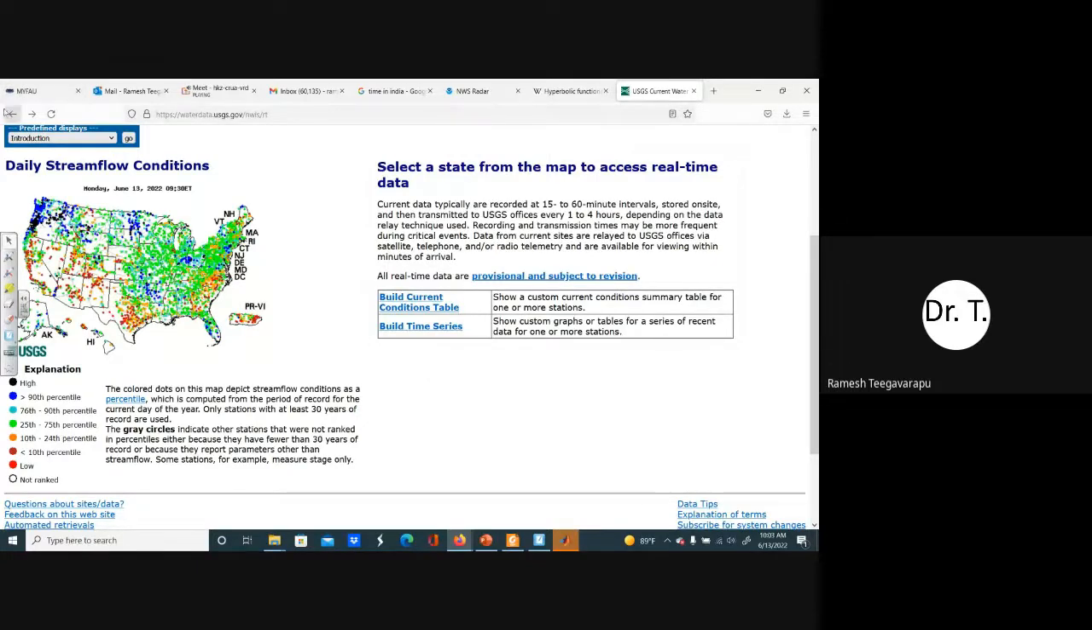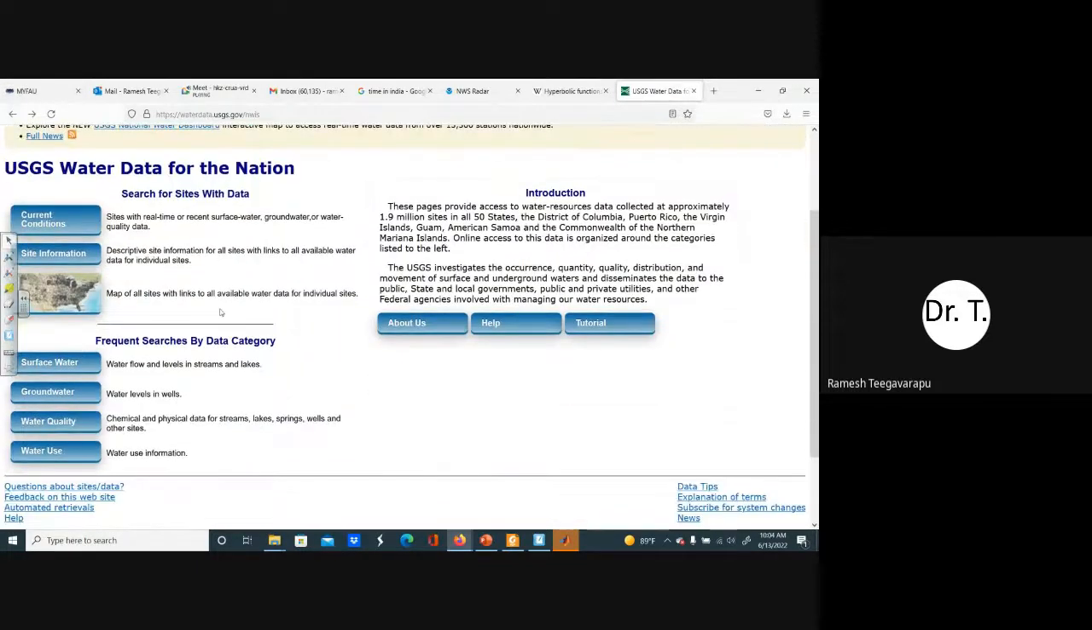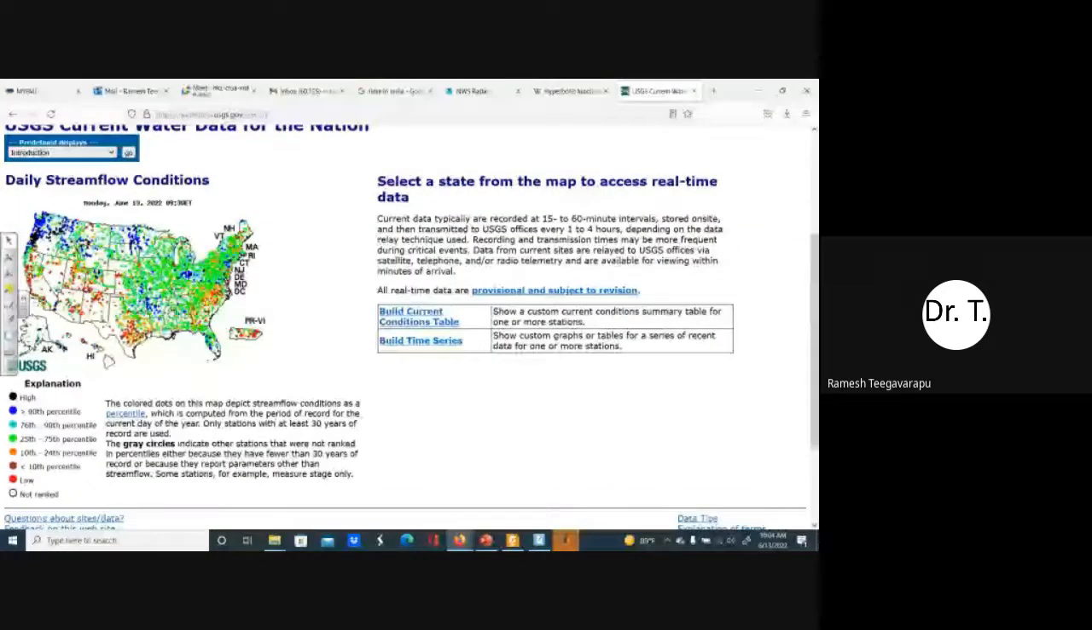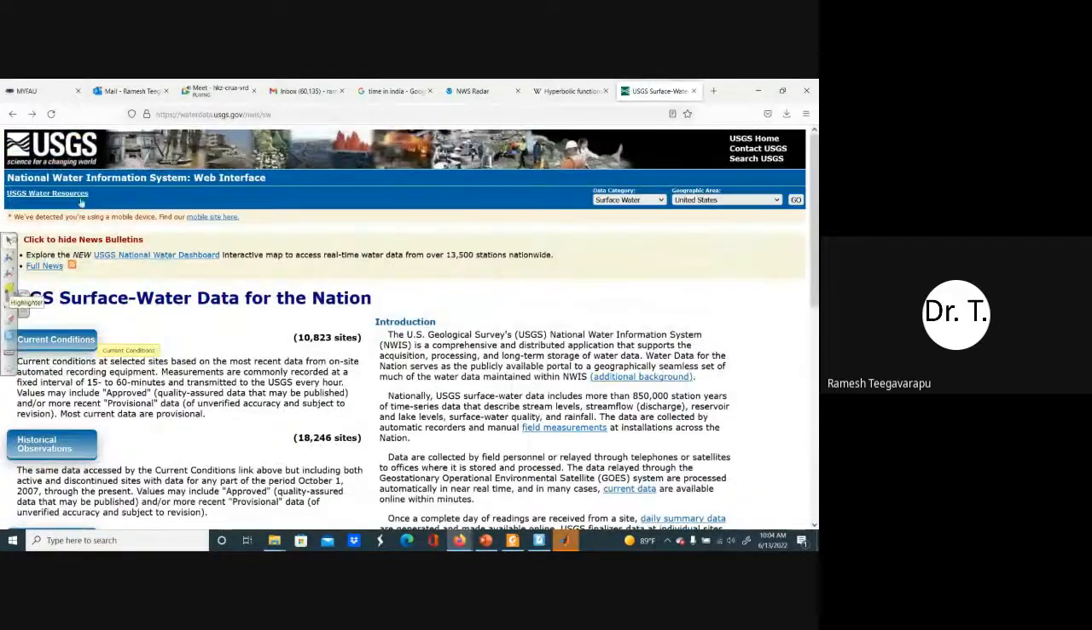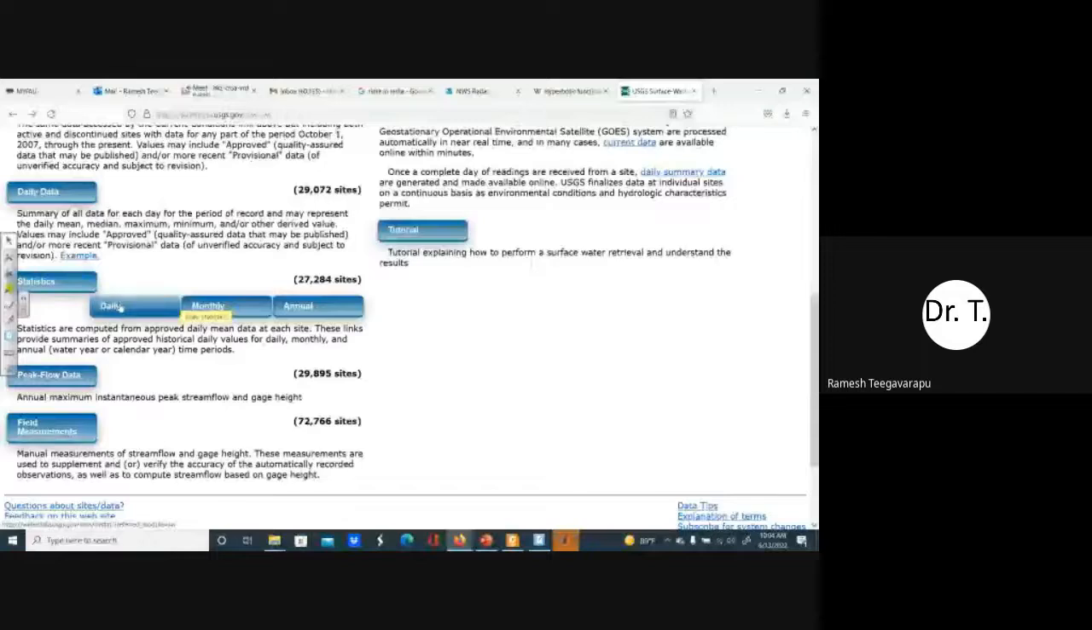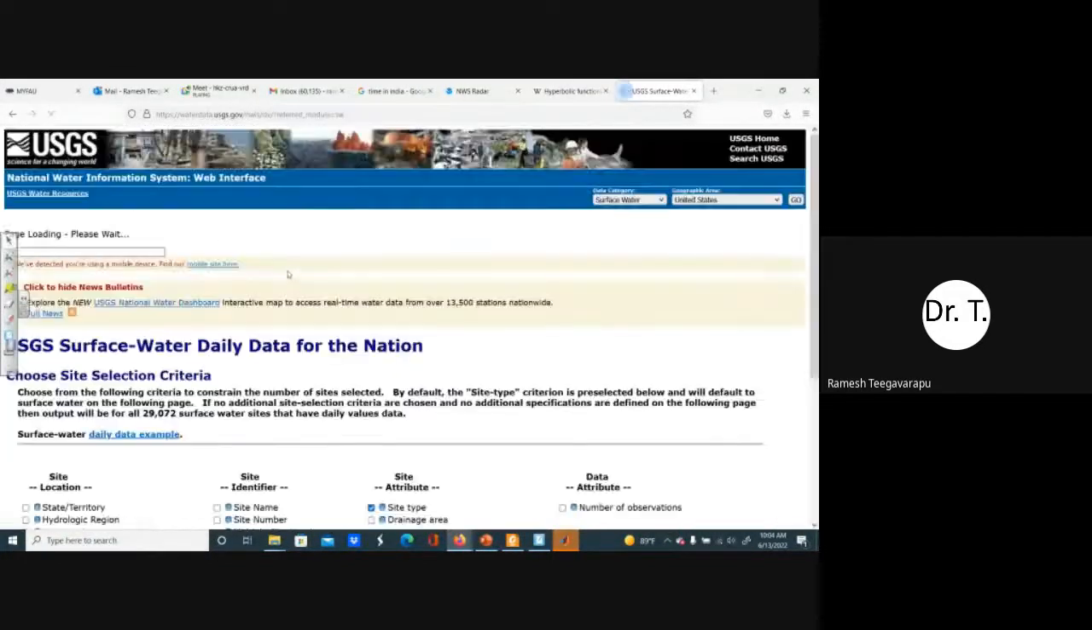So sometimes what they do is they provide the provisional data also. For example, if I click on surface water, they will give you the current conditions, and you can go and check each of these sites. For example, let's see. If I go and hit the daily data, if you click the daily data, you can actually go and look at the provisional data that is available. May not be real time, but at least for the last 4 or 5 days, you already have the provisional